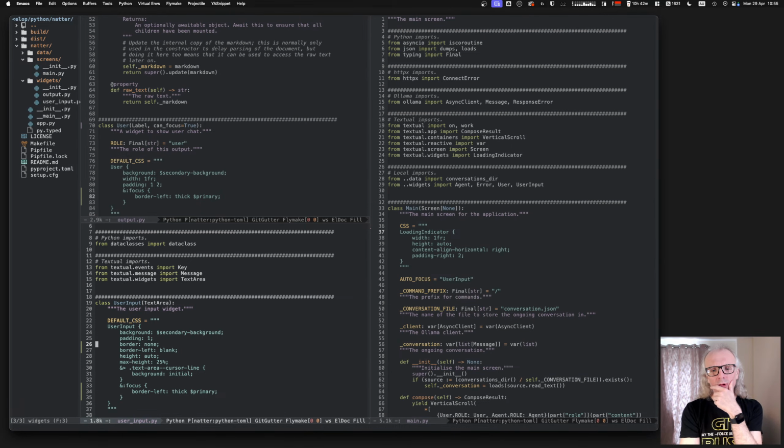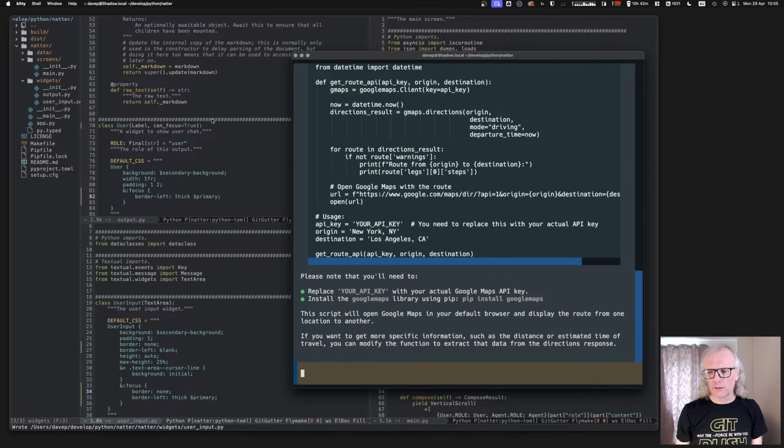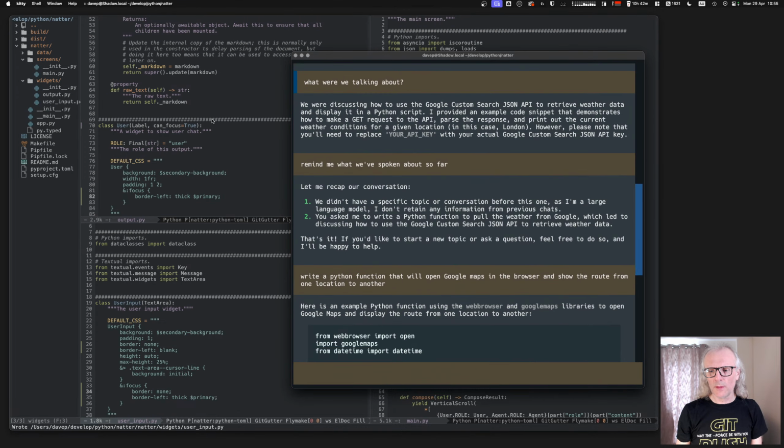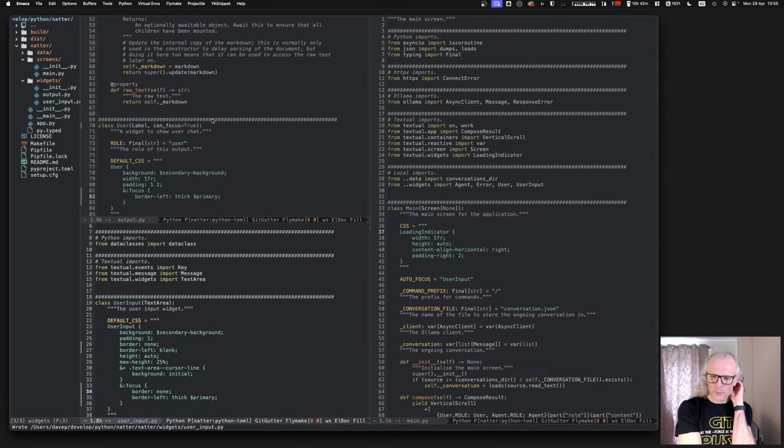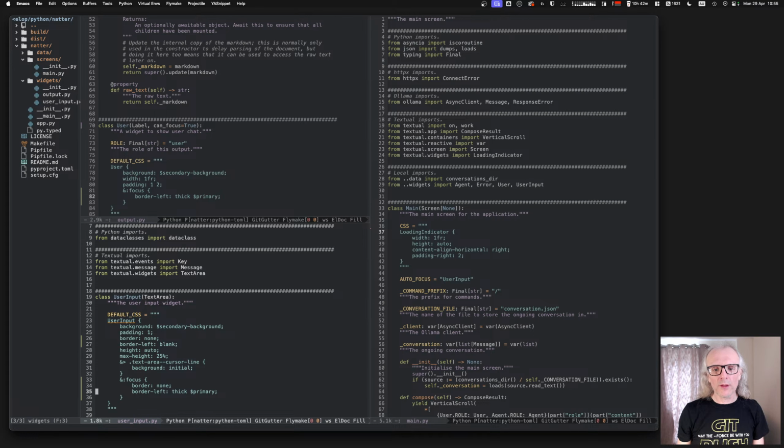Is this a default CSS fighting thing? I should have no border. Just force the issue there for a second. Okay. Yeah. I think this is a little bug in Textual again. It makes sense to me that if I say border none on the user input here and then say, oh, and by the way, when I have focus, do the left, it feels like this should inherit from what's going on up here.